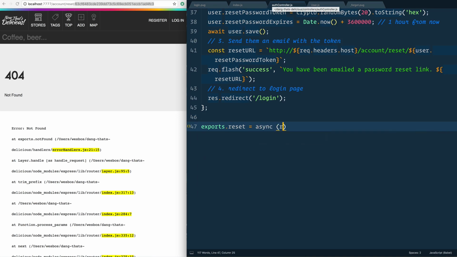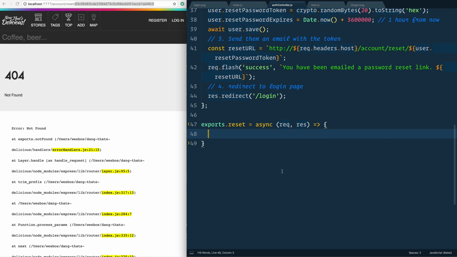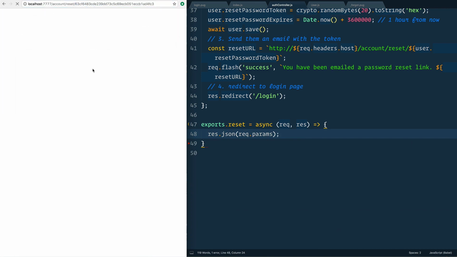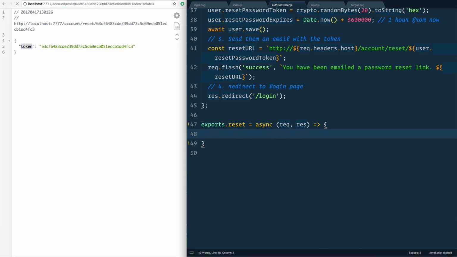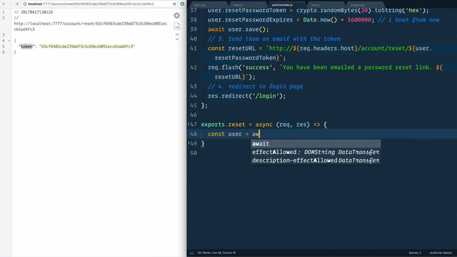We'll make it async, with a request and a response. And then from that, we are going to take the token and check A, is there somebody with this token? And B, is this token not yet expired? So we can, let's just say response.json request.params, just so I can show you here that this token 63CF should show up as a token. Good. We can then search for the user, const user equals await